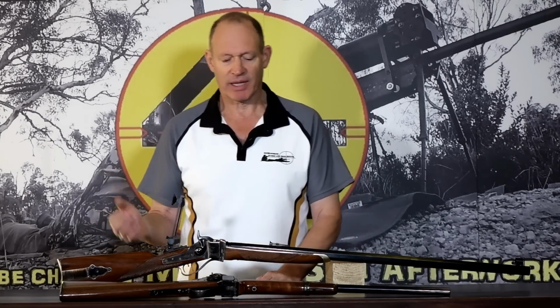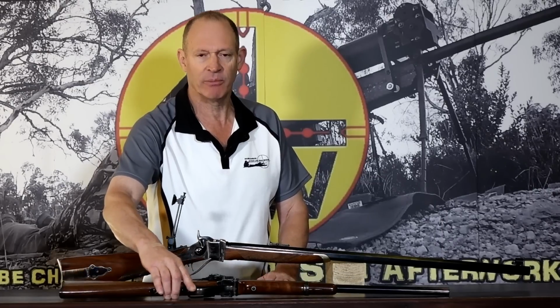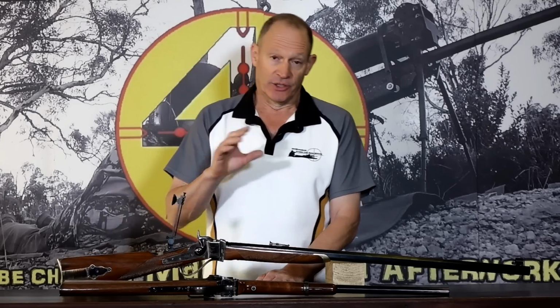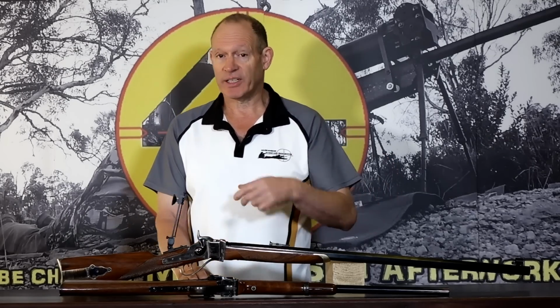I can't get black powder in the state at this moment; for the last couple of years I haven't managed to find it. What I've done, so I can shoot it pretty much as they did shoot them in the 45-70, is I'm running 2209. So it's a lot slower burning powder than you'd use in this sort of thing, but by doing that I can get it back down to the speeds I want, and that's a 405 grain projectile,